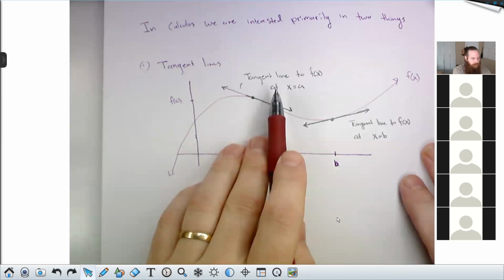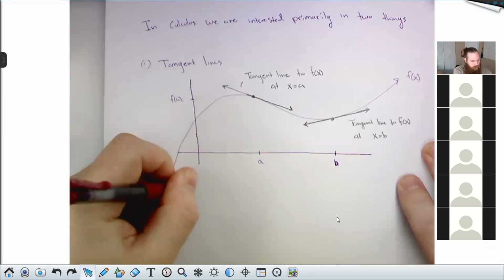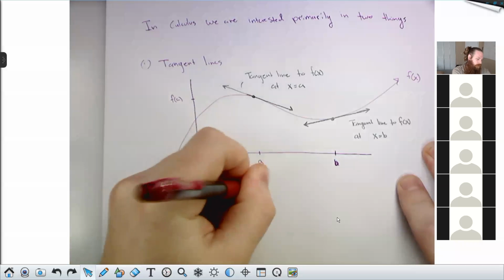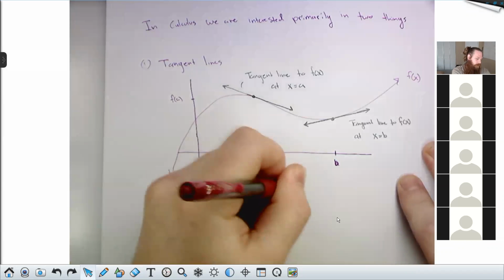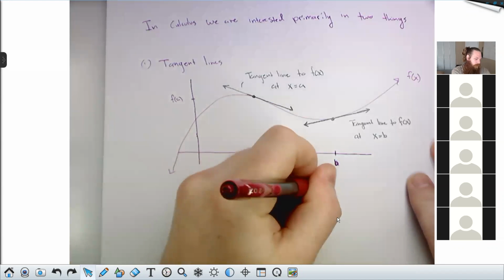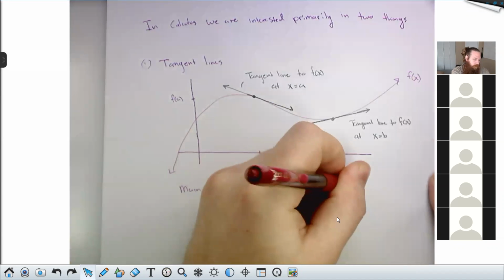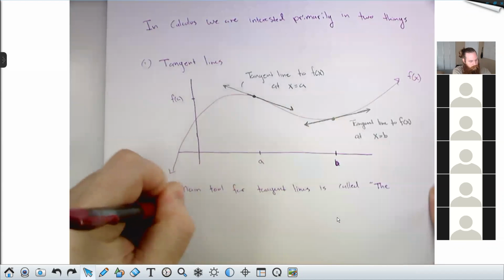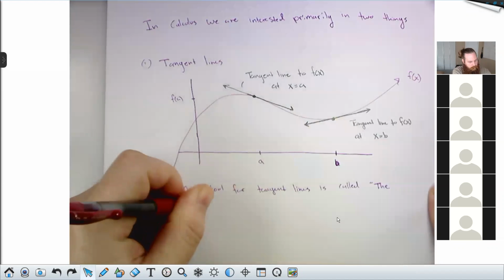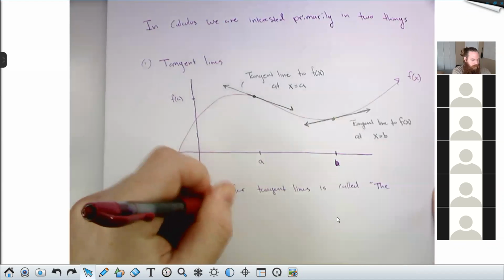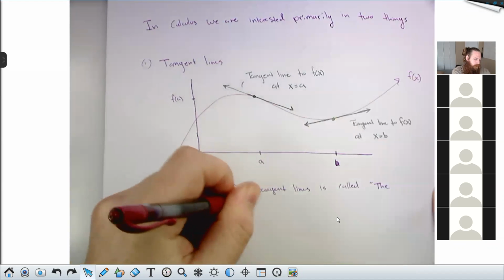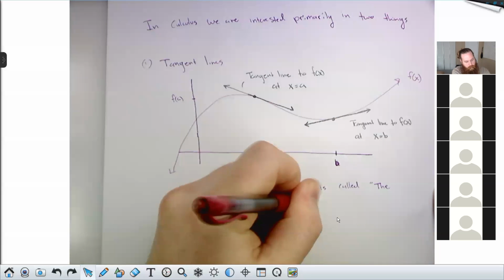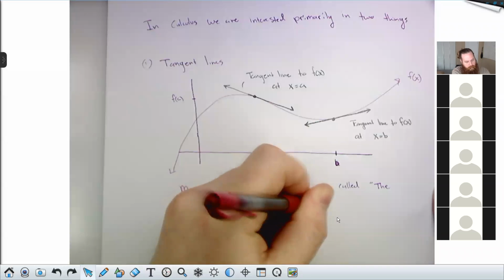The main tool for finding tangent lines is called the derivative of the function f of x. And we denote that thing by f prime of x.